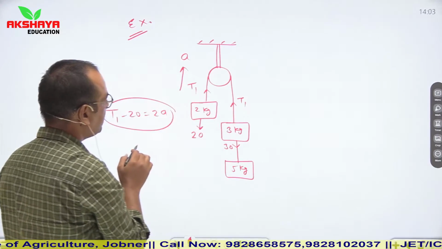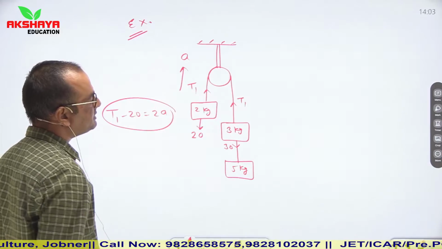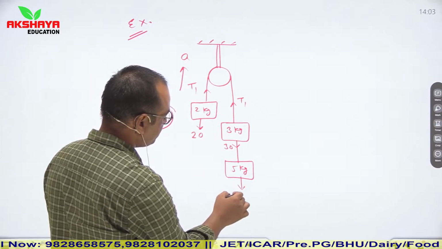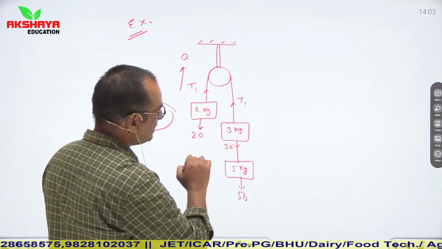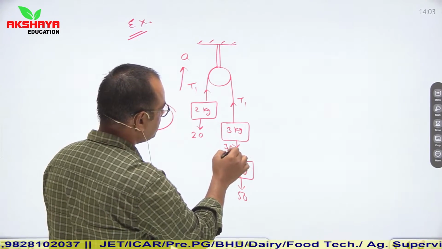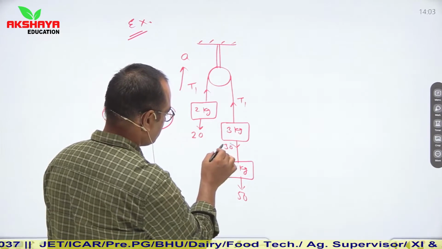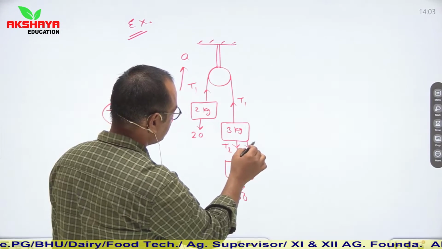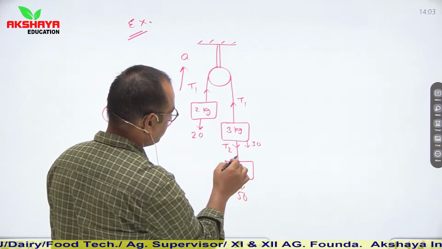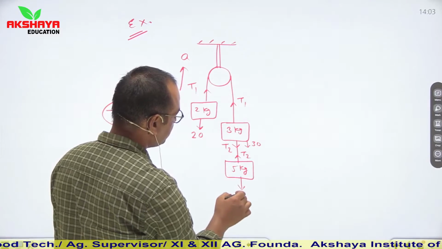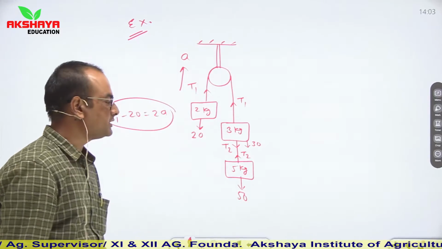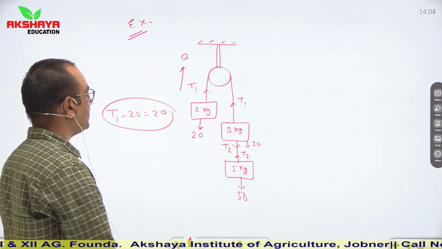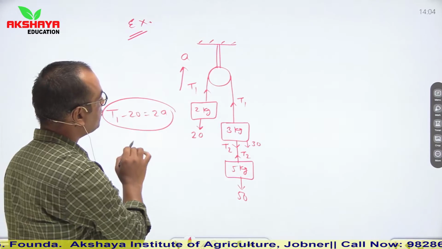And here for the second one, it is accelerating in upward direction. So see, 30. Now make its also, it is 50. Now see, tension in the string. For upward string, its tension is T2. This is weight 30. For downward, its tension is in upward direction T2, and this is its weight. Now see, in this condition, if the system is accelerating by an acceleration a, then first equation: T1 minus 20 is equal to 2a.